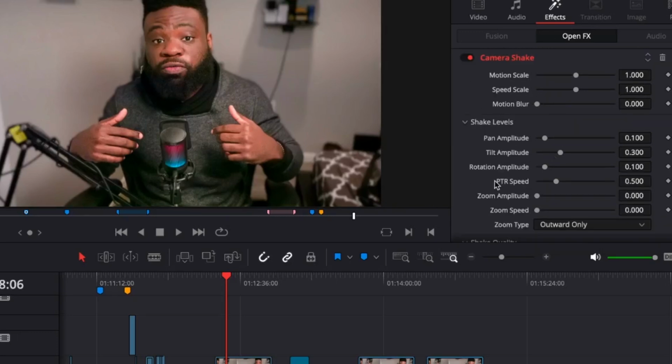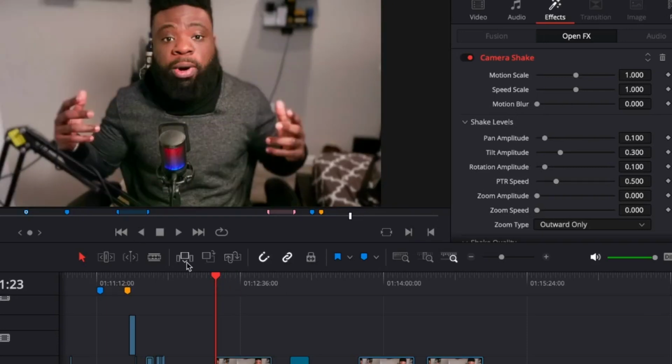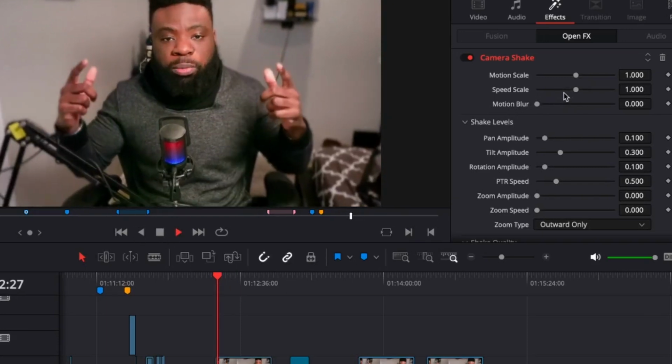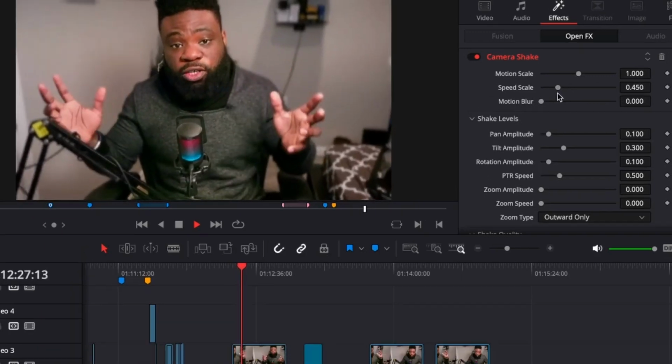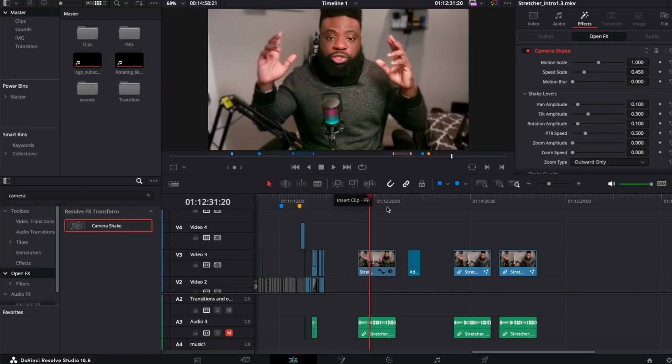But you can come over here and customize it, especially the scale speed, the blurs, depending on how you want this. Okay, so you can speed it up if you want to, or you can scale it all the way down. So that's easy enough. That doesn't take much to do. All right, so the second one,